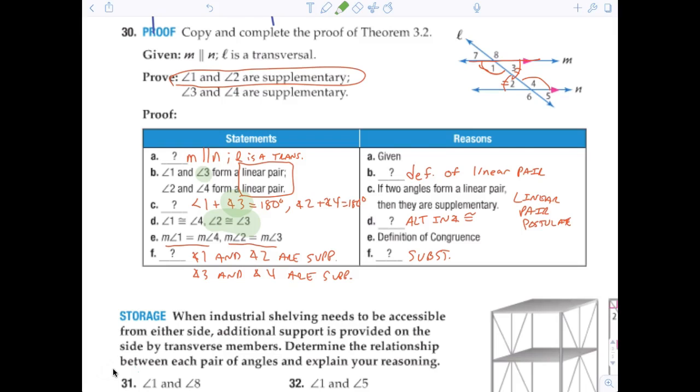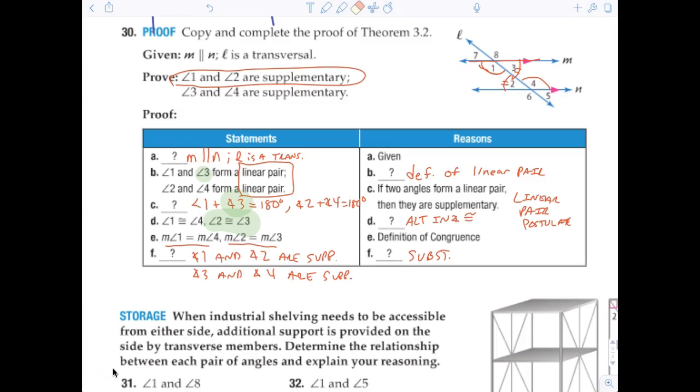All right, so let me try to show you something. Now, obviously, this is right out of the book. But that's what I'm saying. Sometimes I see things differently. I would have said 1 and 3 form a linear pair, 2 and 4 form a linear pair. And if 1 and 2 are supplementary and 3 and 4 are supplementary, that's what I should have written right here. Hold up one second, guys. Yeah, I kind of messed that up a little bit. Look, instead of angle 1 and 3 is equal to 180, and angle 2 and 4 is equal to 180,